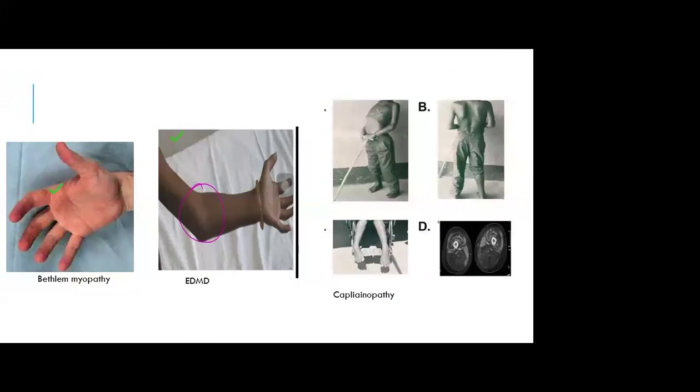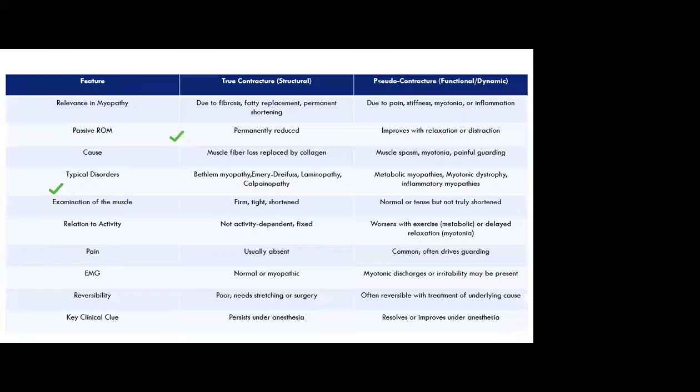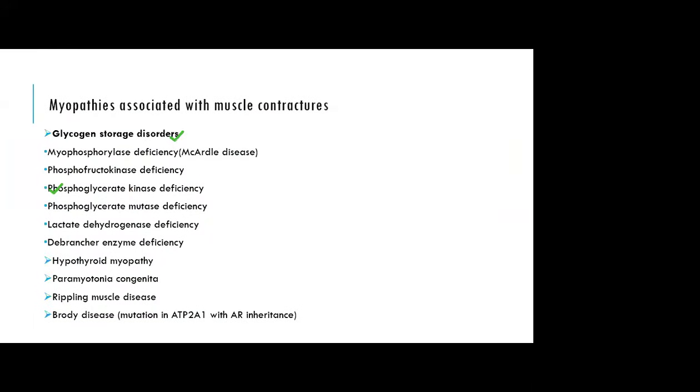This is the hand contracture in Bethlem myopathy and the elbow contracture in EDMD. In calpainopathy, there might be ankle contractures. This is again one slide, which, as ma'am told, shows the myopathies with muscle contractures, mainly secondary to the